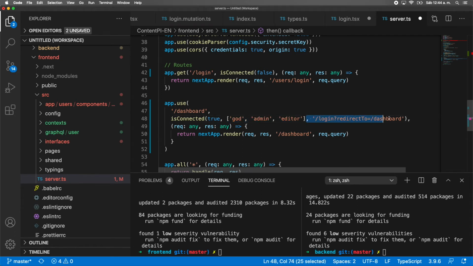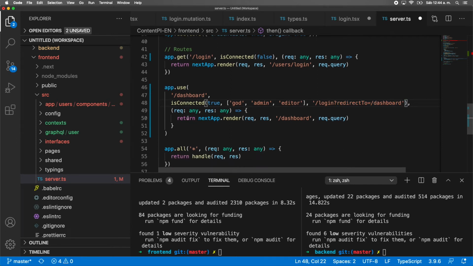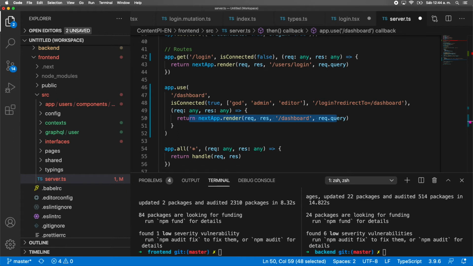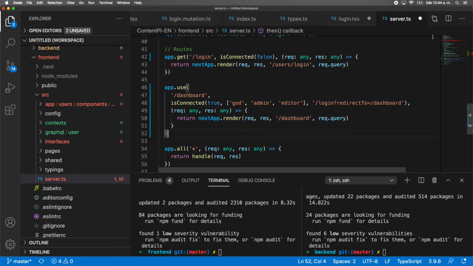And then the third parameter is the redirect to. So if the user is not connected or doesn't match any of these privileges, we are going to redirect them to /login with redirect to /dashboard. And then we're going to render the dashboard page as we did before. Okay, so now